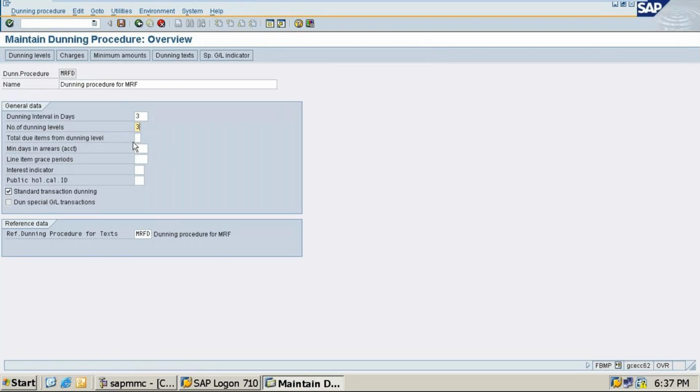This is 3. Then grace period is 5. Special indicator 0, 1.